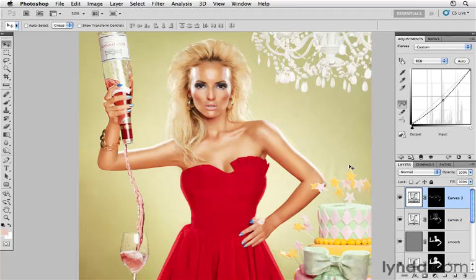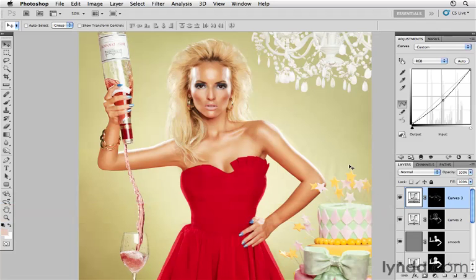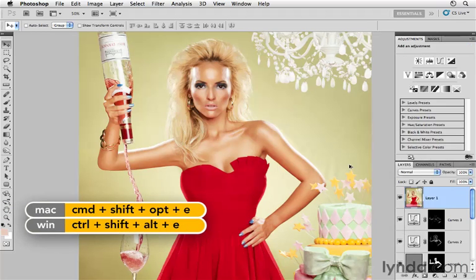Now that we've added a bit of smoothness and light to the skin, one of the things that we might want to do is add a bit of mid-tone contrast, or a bit of snap or punch, back into the photograph. To do that, let's merge all of our underlying layers to the topmost layer. Here we'll press our shortcut. You remember this one, right? To merge the top, it's Shift Option Command E on a Mac, Shift Alt Control E on Windows,